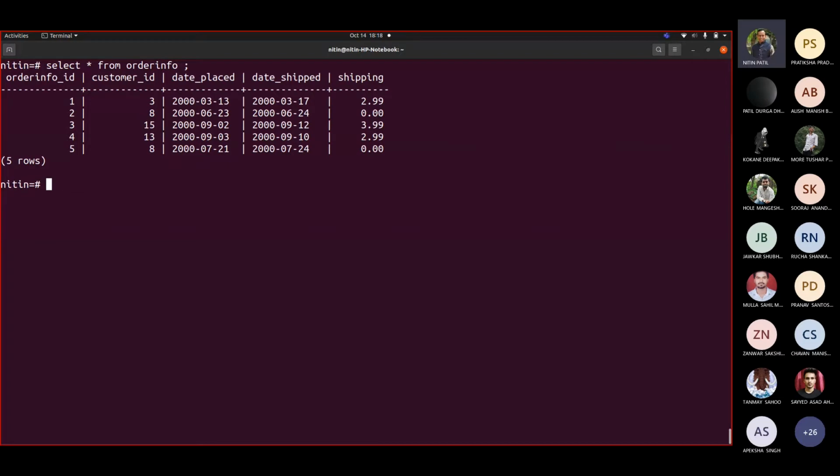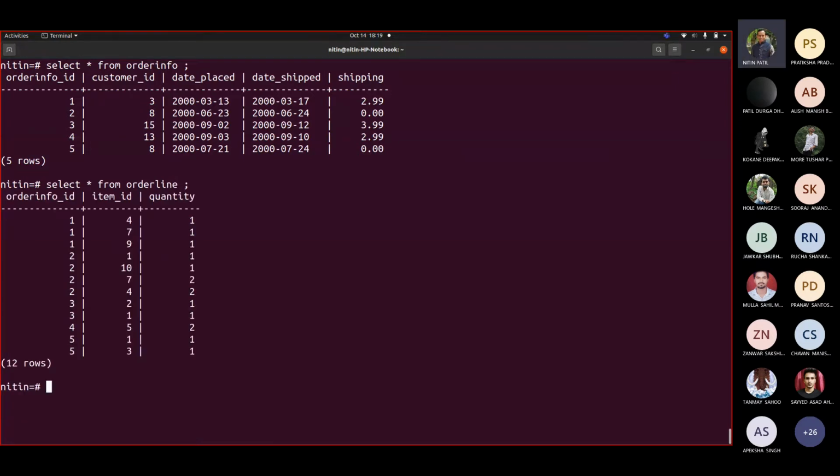When we say order info table, it contains some records, like customer information, where customer ID is also there, and order ID is also there. Correct. So even if I write order line instead of order info now, and press enter, I would be getting another list.